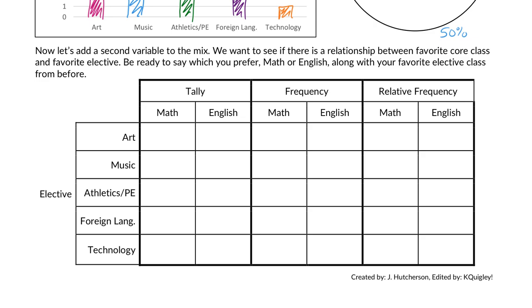You're going to tell me your favorite core subject, math or English. You don't have to pick math. This is not like a who's picking my class sort of thing. Be honest. And remind me of which elective you chose, because I'm going to have forgotten. So Anthony, start back there with you. Math or English? And then what was your favorite elective?